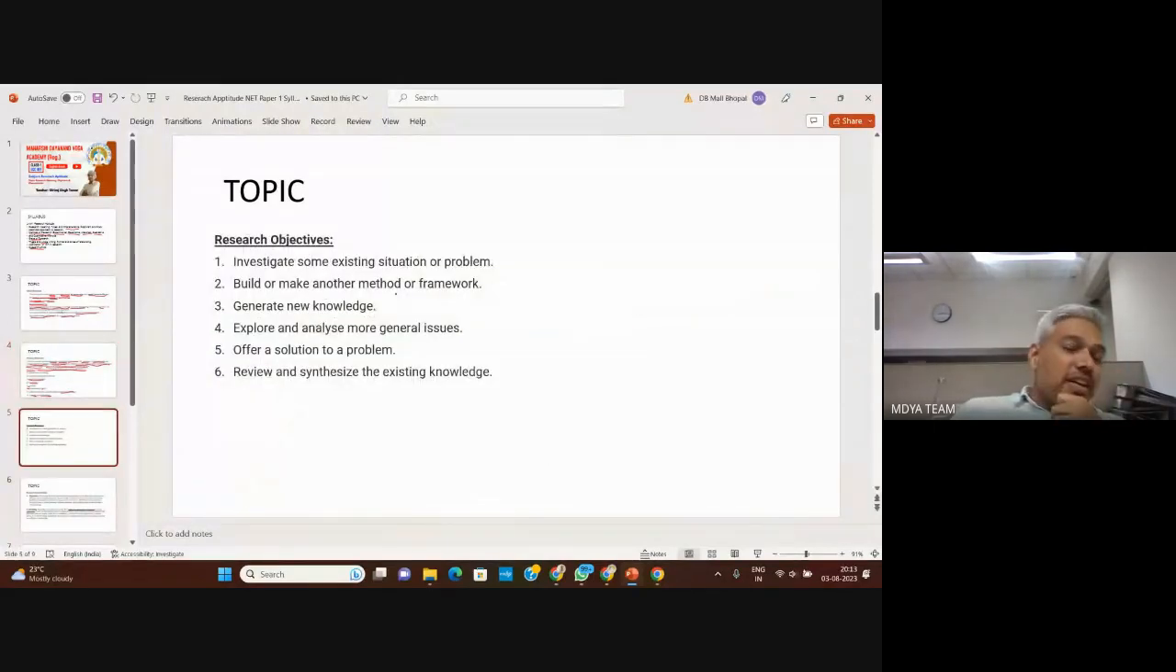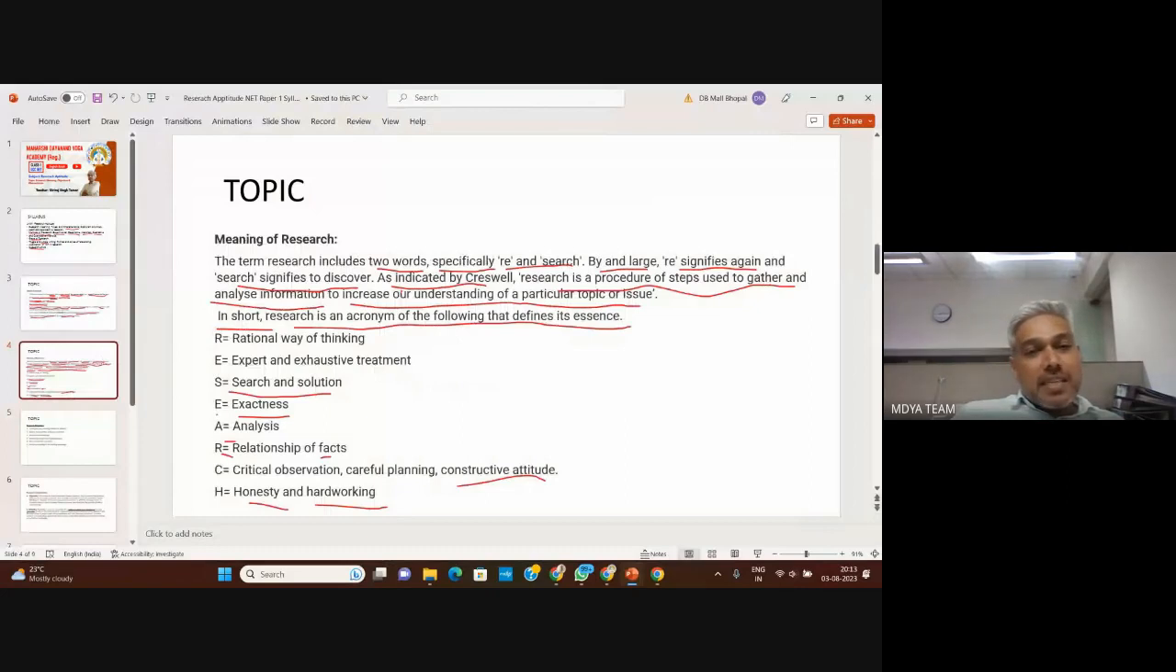Now, next topic, we will understand about its objective. So I hope you have understood the meaning. The meaning is very simple. It is made up of two words, specifically re and search. Re signifies again, and search signifies discover. It is a procedure of steps used together to analyze the information or a problem